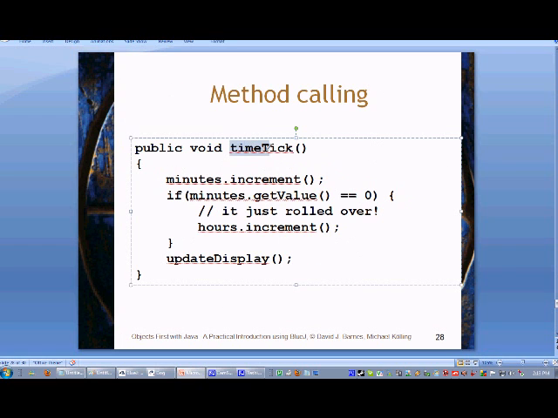When I do advance this time tick, which means minute tick, it does just what I said before. It increments the minutes and then asks, hey, did I just go to 0? If I did, let's advance the hours. Notice I'm not using getDisplayValue, which returns me a string. This gives me an int, and I can do arithmetic on it, like compare